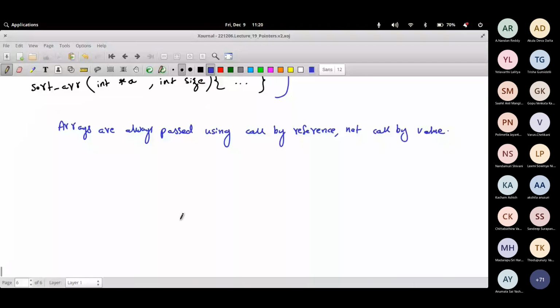Fine. And now, although we won't cover linked lists in this lecture, we need to understand how pointers can be used to create